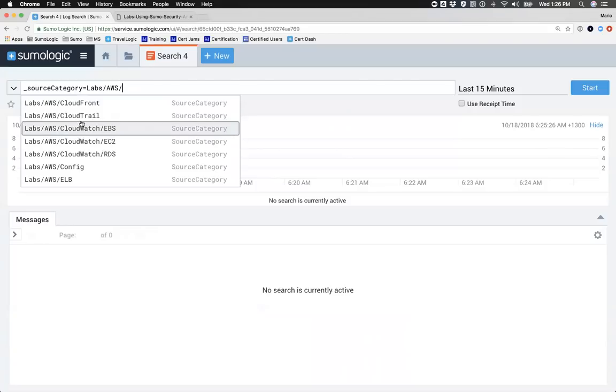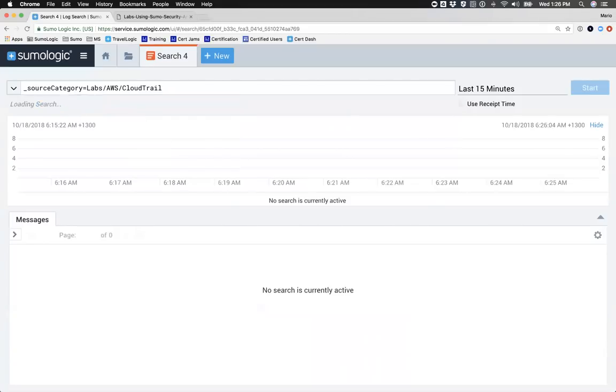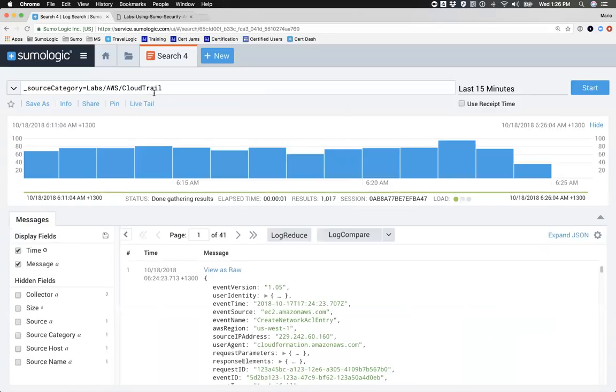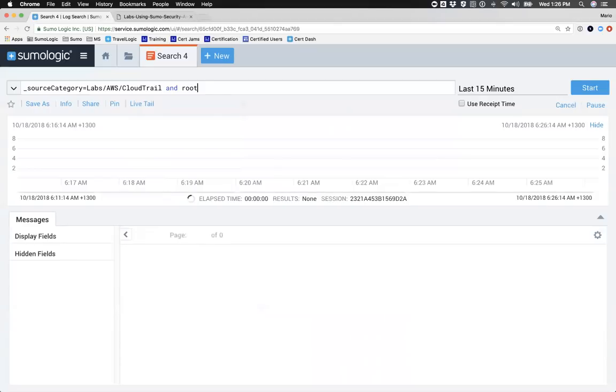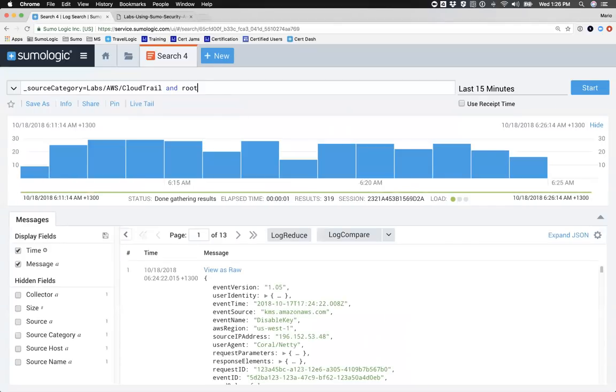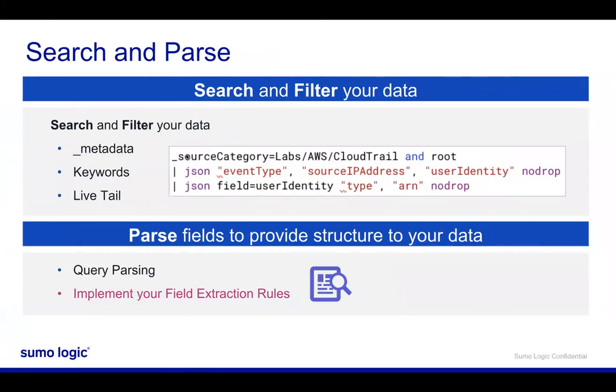I got my CloudTrail data here. So if I search for labs AWS CloudTrail data, this is giving me 15 minutes worth of CloudTrail data. But I could say only find me those that have the word root in it, as you see here, right? So point number one is whenever possible, which is most of the time, you want to be using metadata and keywords when you're searching for your data, right? That's going to filter down the data as much as you can